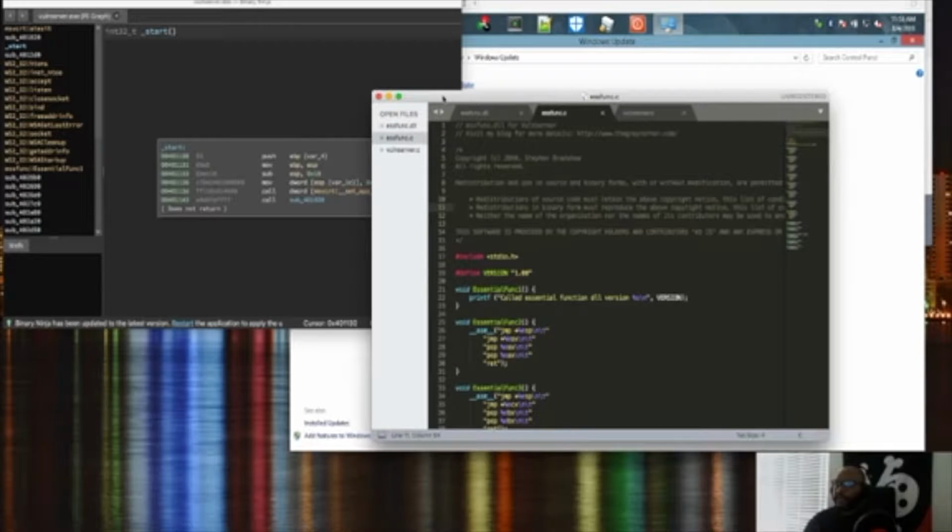Anyway, as you all may have been made aware by other videos I've mentioned or comments on Twitter, I have been working towards my OSCP retake in a few months. So in the meantime, I've been learning things like buffer overflows. And one thing I thought was I don't want to just do the steps to do the buffer overflow or just read up on doing the steps. I wanted to get a better understanding of how it works in terms of code, and then specifically through the lens of Binary Ninja, I wanted to see what something like Vuln server looks like in Binary